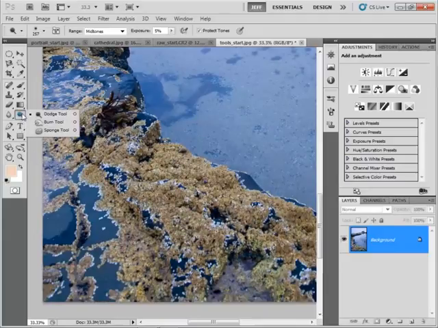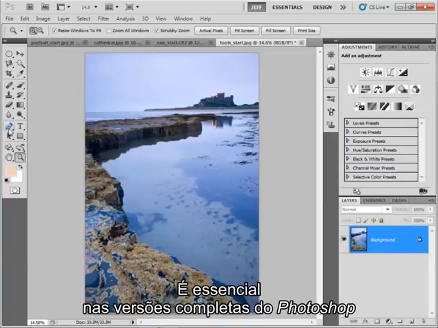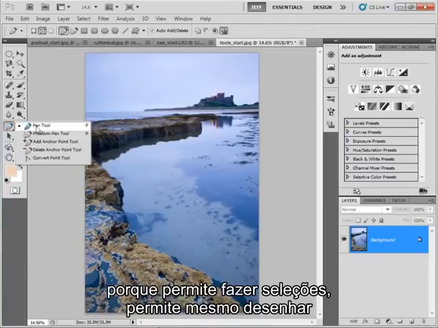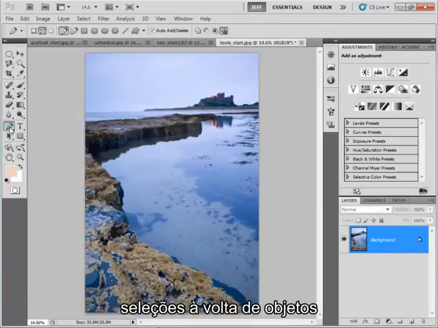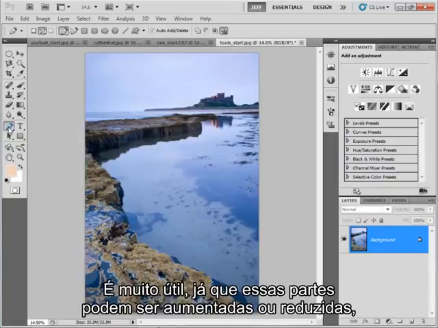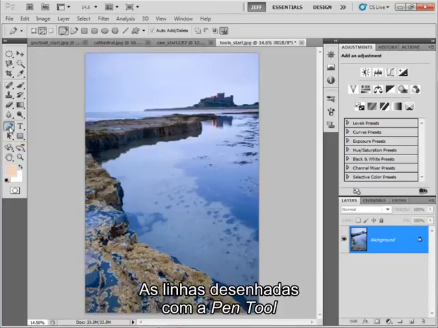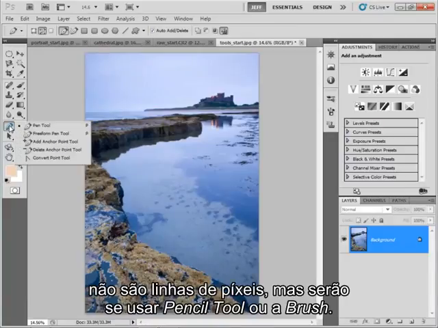parts of your image. The next tool I'm going to talk about is the pen tool here, and this is key to the full version of Photoshop because it allows you to make selections, to actually draw selections around objects and to create paths that you can then use for cutouts. And it's particularly useful because these cutouts can be scaled up or down without actually affecting the pixels. The lines you draw using the pen tool aren't pixel lines like they might be with a pencil or brush,